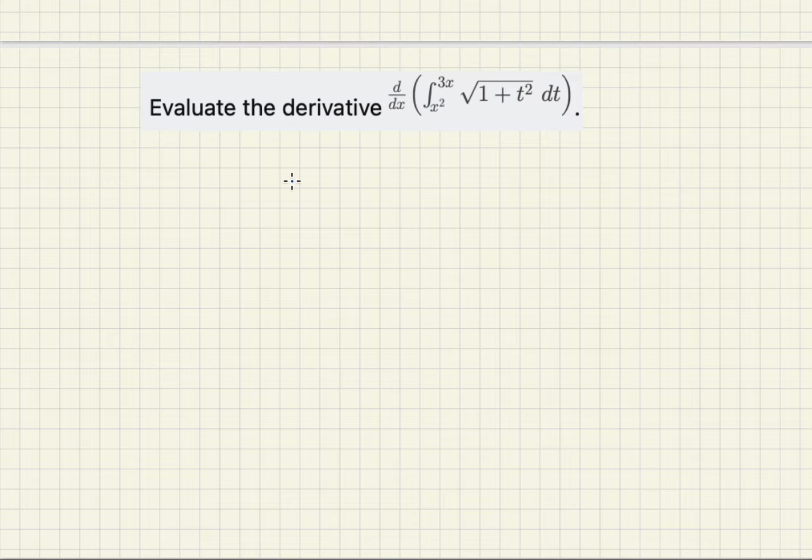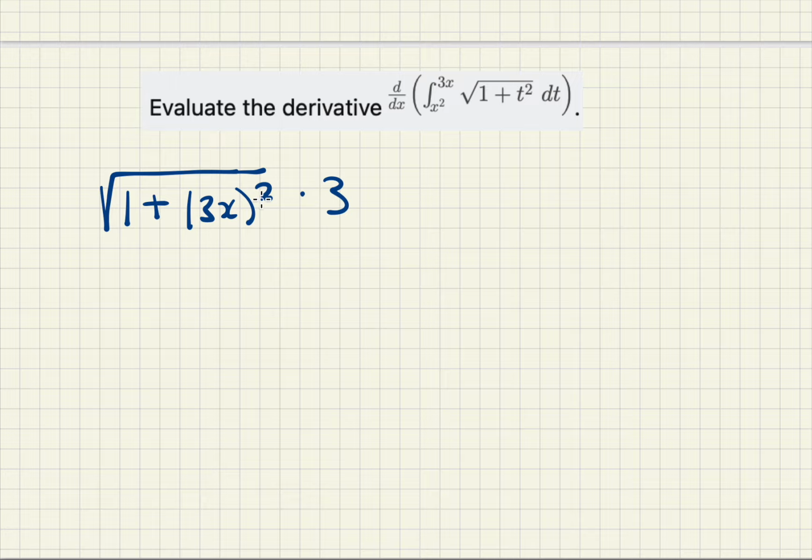This rule states that whenever x is in both the lower and upper bound, we simply start by replacing t with the upper bound. So in this case, we replace t with the upper bound 3x, squared, and then multiply this by the derivative of the upper bound, which is 3 in this case, using the power rule. And we subtract this